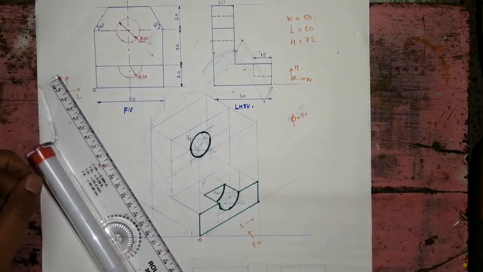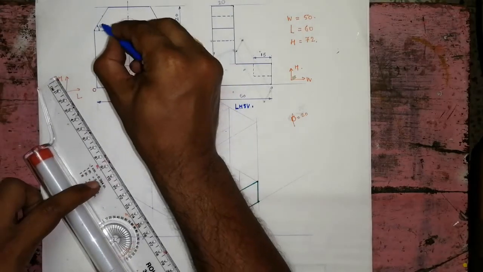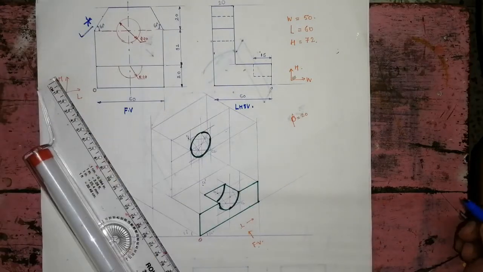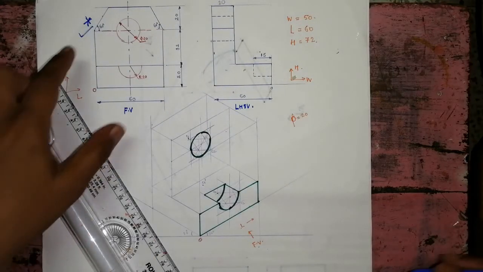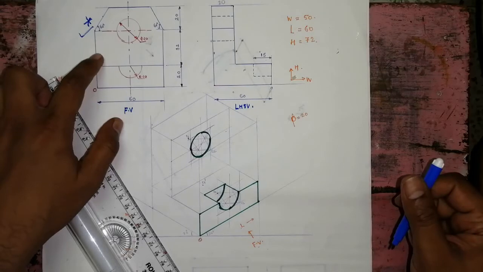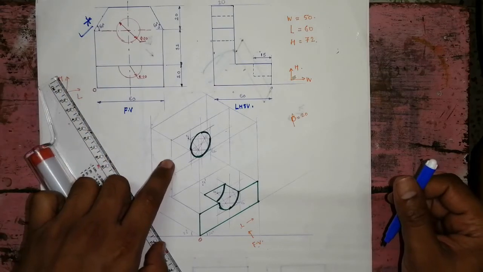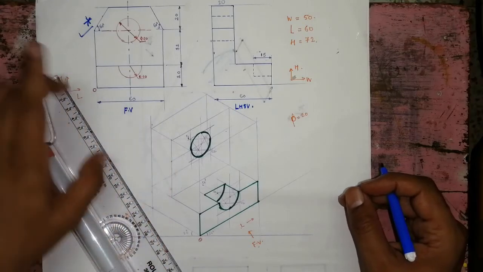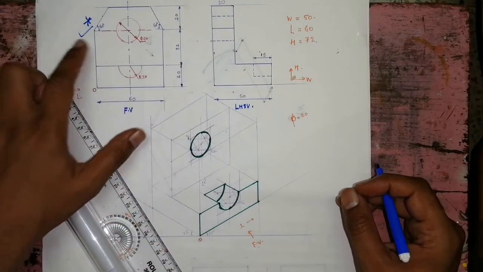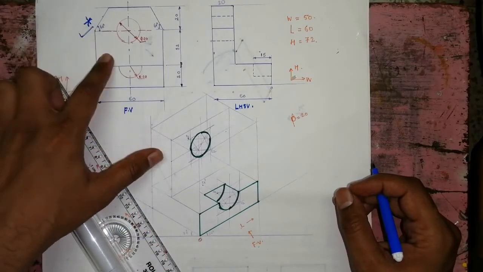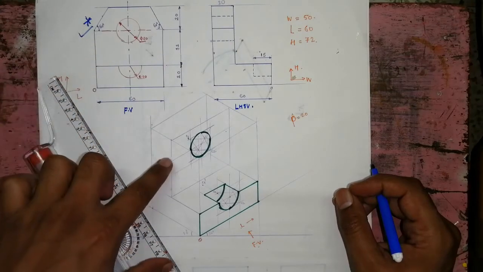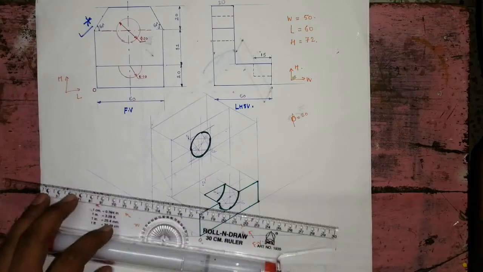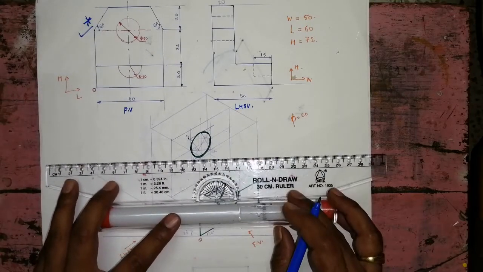Now the most important thing here is that angles are given in the problem, and we have to construct this upper part. Wherever the angle is given in the orthographic positions, we can't take that angle directly on the isometric while drawing the isometric view, so we have to draw it outside. So always remember, whenever an angle is given in the orthographic positions, do not take that angle directly here, construct it outside. So how to construct this one?